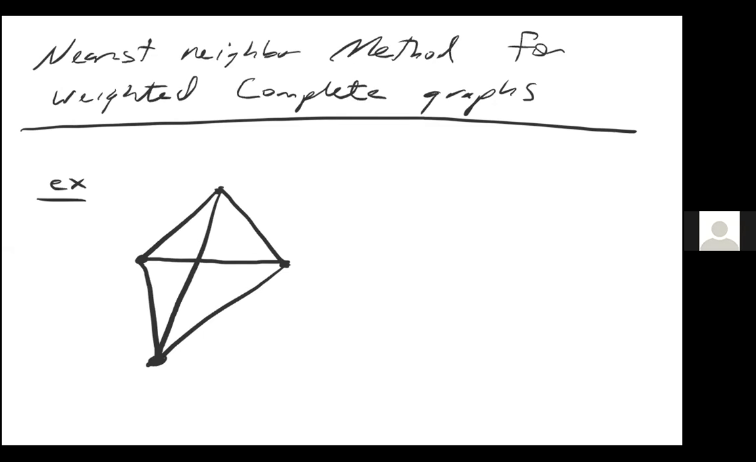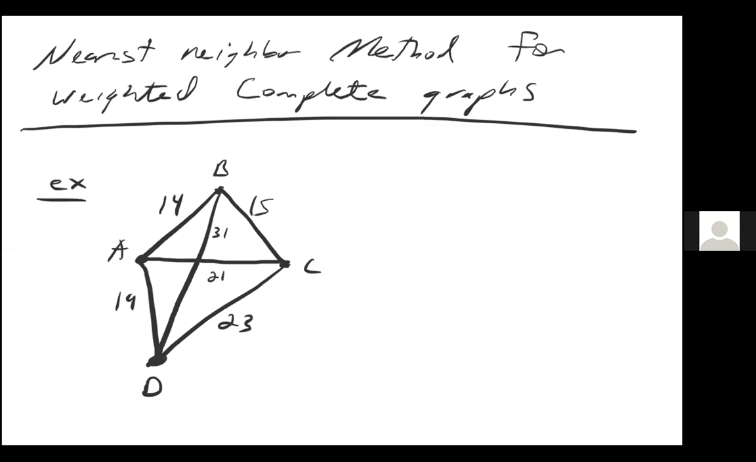And I'll put some distances on here. And this diagonal going down. And that diagonal going across is 21, okay? So the nearest neighbor method, to review how we do it, is basically